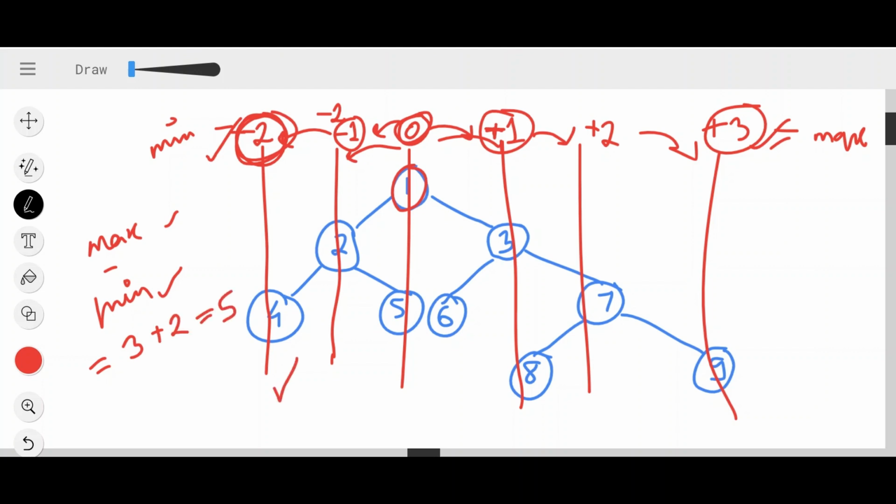But wait, 1, 2, 3, 4, 5, 6. There are 6 vertical lines. But here, I am getting 5. But the width of the binary tree is 6. Now how to get 6? Here, notice one thing. You have marked this vertical line as 0. That's why, to cover this up, you will simply do +1, that is 5 plus 1. This becomes 6. So this is how you will get the vertical width of the tree.